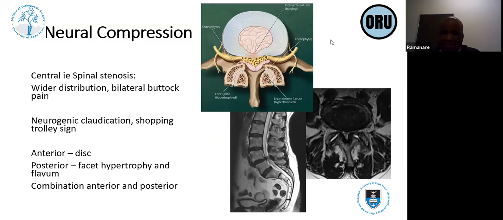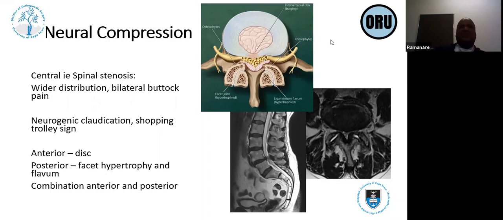So in spinal stenosis, you're going to get a wider distribution of nerves. The patients present with a bilateral buttock type of pain, or they'll say the pain goes down both legs. And they'll also have neurogenic claudication. This neurogenic claudication is manifested by a decreased walking distance. And the difference between that and vascular is that with this one, as soon as they sit down and flex the spine, they get immediate relief. So remember, with a vascular pathology, you're going to get the other clinical manifestations of vascular pathology,